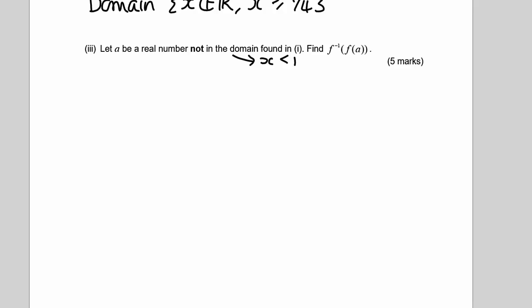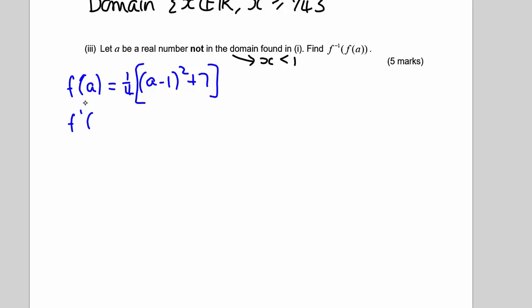So we have our function f of a, and if I put a into that, I get 1/4 a minus 1 all squared, plus 7. And what I want to do is put that into f of minus 1,